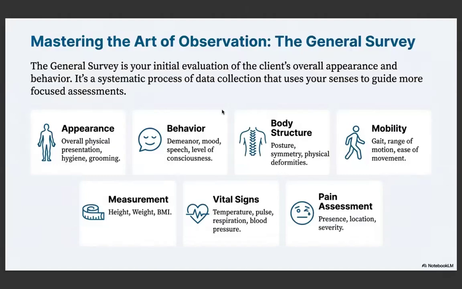So, when we're talking about the general survey, this is everything that we see immediately when we walk into the room. We're looking at our patient's hygiene, how they're dressed, how they look overall. We're looking at how they carry themselves. Are they slouching? Are they sitting up straight? Are they grimacing? Stuff like that. We're obviously also going to look at their speech. Are they slurring their speech? Can they comprehend what I'm saying? If they are walking into the room, I'm going to watch their gait and stuff like that, how they move